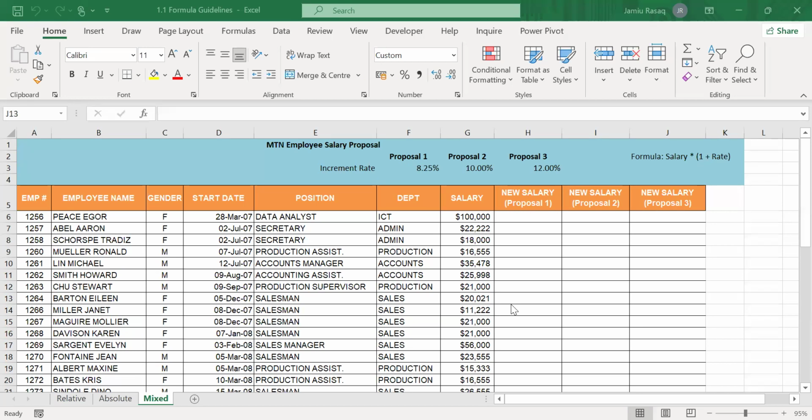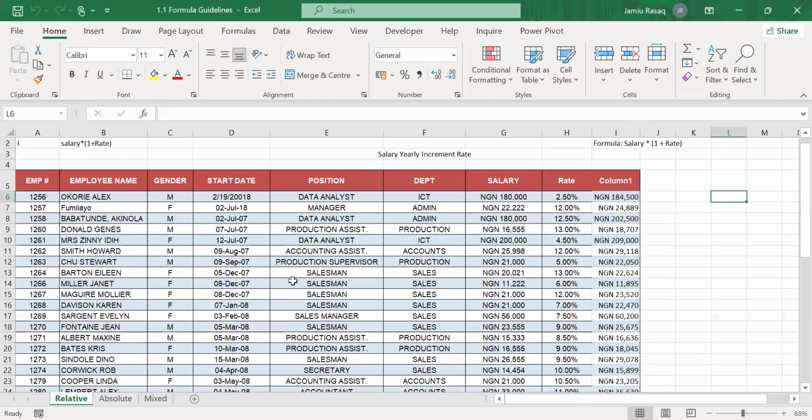So this absolute and relative referencing, let me explain what it means in the context of what we want. Go to the first worksheet there. You see Relative. Click on that sheet, Relative. Don't forget that if you want to use any function in Excel, we always reference another